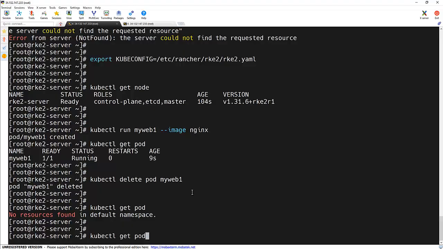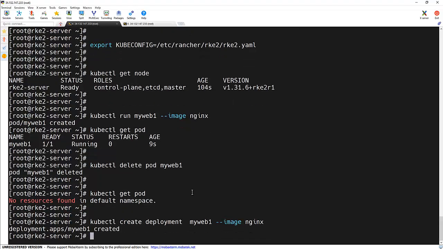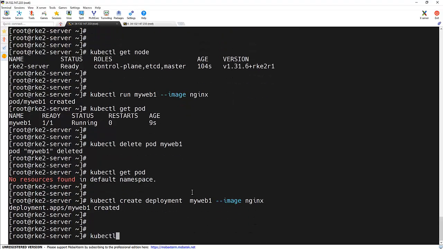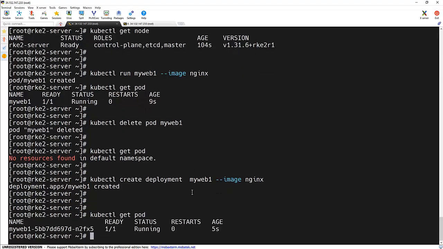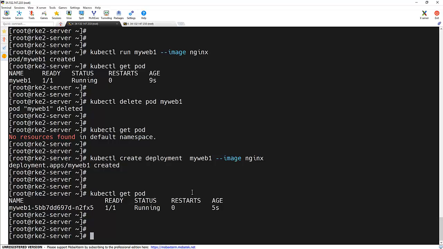To do that, I will be using the same command, but instead of run, I am going to use create deployment, the deployment name and the image name. The deployment got created, and if we look, the pod also got created with the myweb app. And now let's try to delete it. So kubectl delete pod and the pod name,